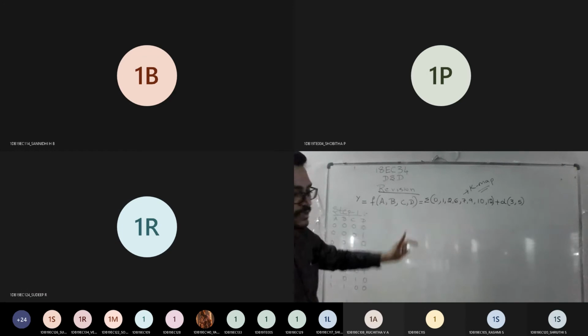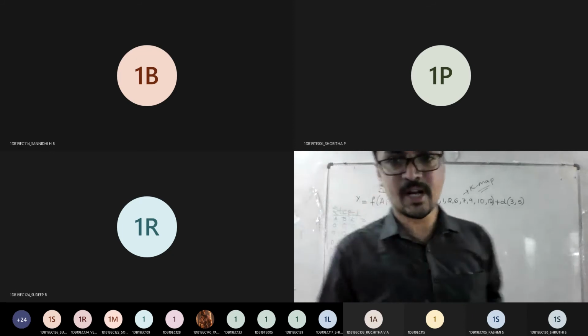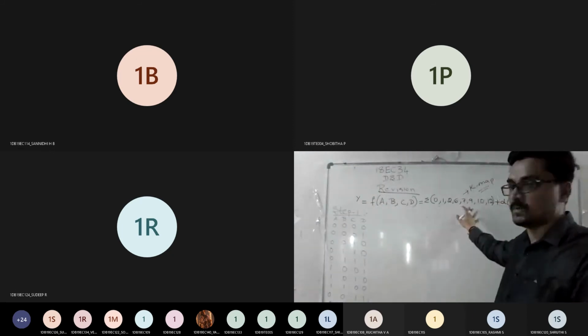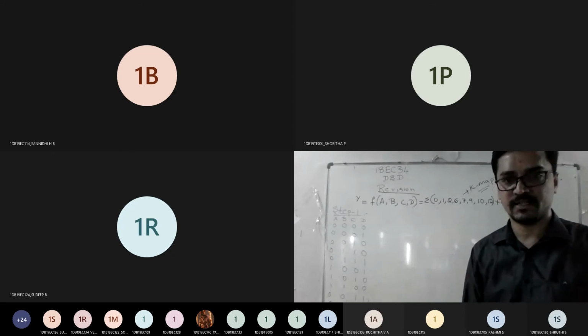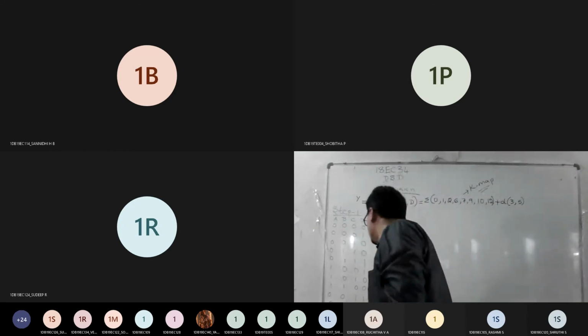The first set belongs to your category of minterms. What about the remaining two? You need to write 3, that is 0011, followed by 0101. These two are your don't care conditions, the don't care minterms. Any doubts with step 1? I'm just writing a truth table, whatever the terms given. Is this fine till here?